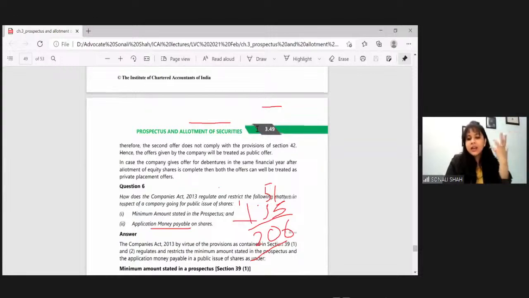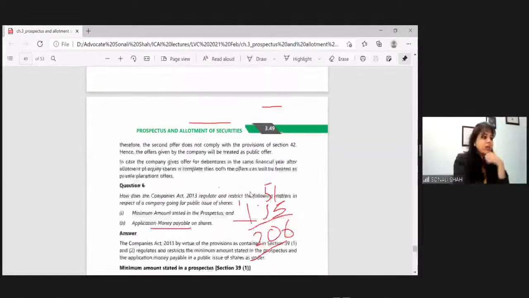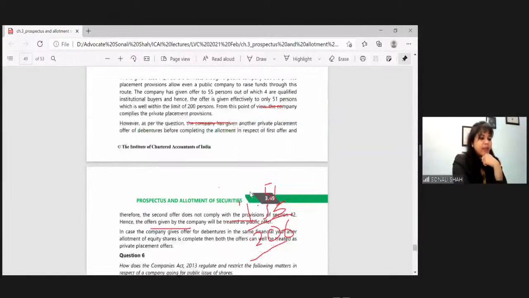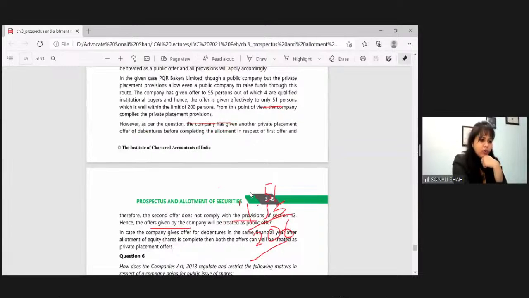So these are the kind of questions you will be getting to see on this chapter. Remaining questions, you can look at it on your own. They have been provided for and you will be able to understand them. If there is any query, you can always get into details.